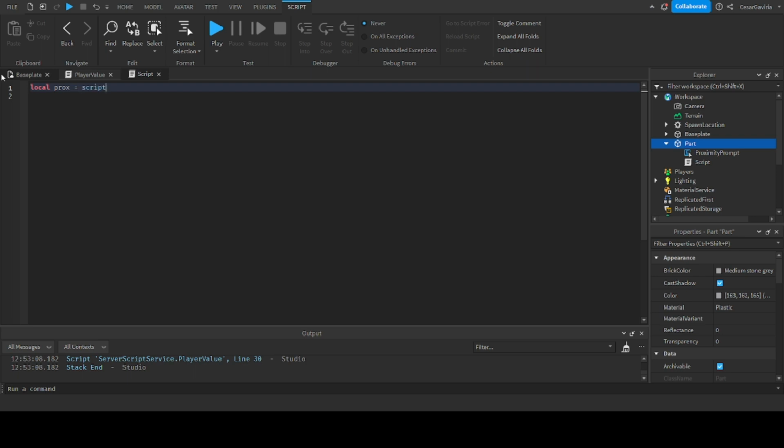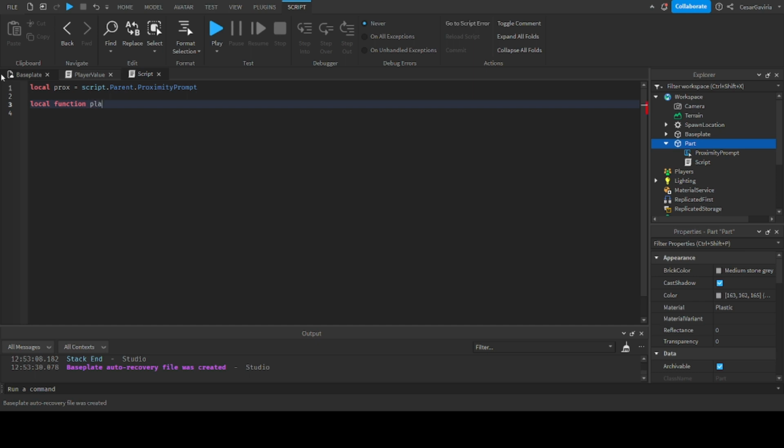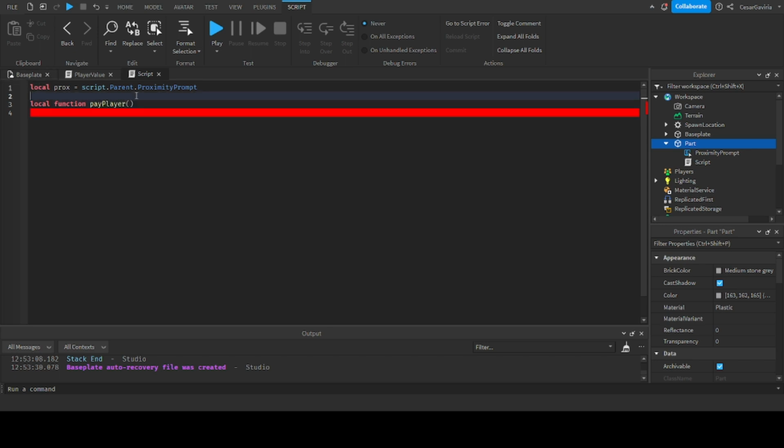So all we're going to do is create a block, and in that block we're going to put a proximity prompt and a script. And in the script we're going to go ahead and set our parameter. We're going to say local prox is equal to script.Parent.ProximityPrompt. And then we're going to create a local function, and we're going to call it payPlayer. And in this local function, we're going to say local moneyStat, and then we're going to go find the